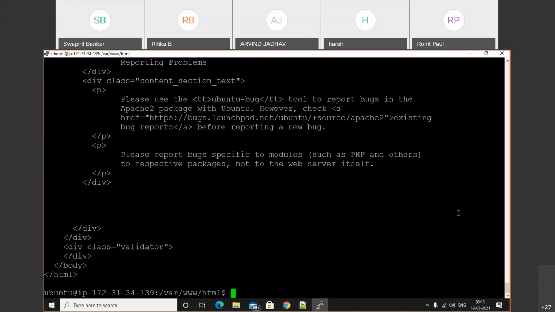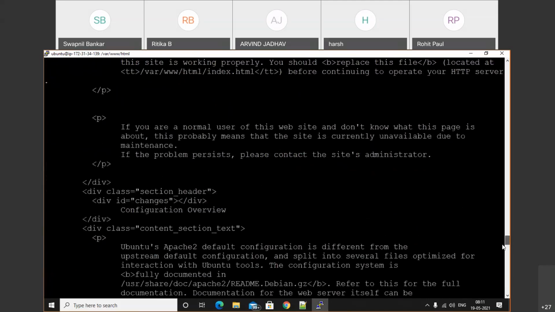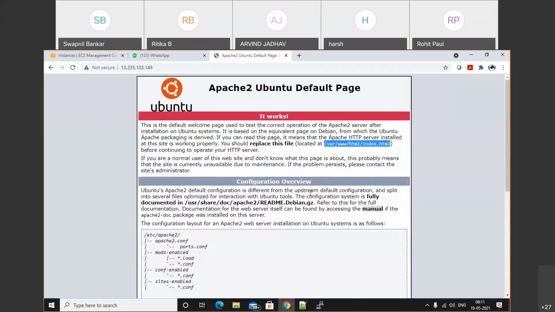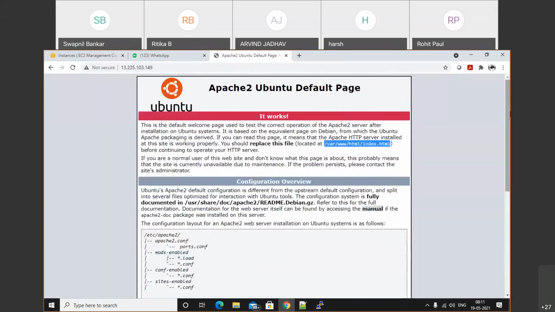So this one is the index. If you know the concept of spacing, padding, or the DOM or HTML, then we are able to host a static website. So this is the default code. By using this code we get this information. It uses spacing, padding, and colors as well.